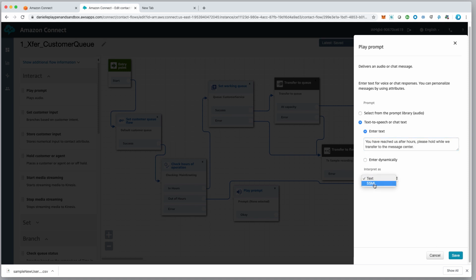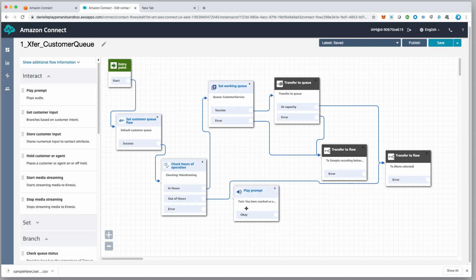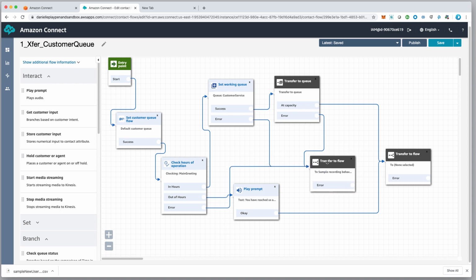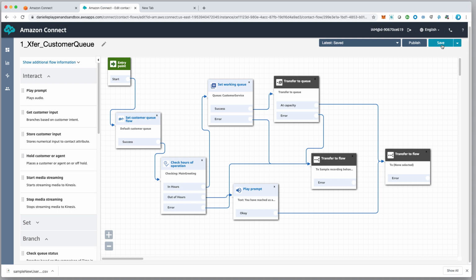Later on, we'll talk about SSML formatting. So here you can just delete this or go over here and move it. But what we do here is just say out of hours, we want to play this prompt, and then we want to transfer to voicemail. And if there's an error, we want to send it to the error handler. So let's quickly save this